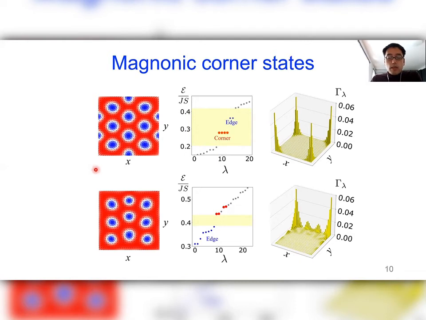However, just by increasing the field so that the fractional antiskyrmions are no longer stable in the lower sample, the corresponding spectrum shows no in-gap states anymore, but instead we find that they are buried among the bulk states. Computing the wave functions, we also find that they are no longer localized at corners because of the hybridization with bulk states. The reason why magnonic corner states are not found in this lower sample is due to the symmetry breaking of the spin textures in a finite system.